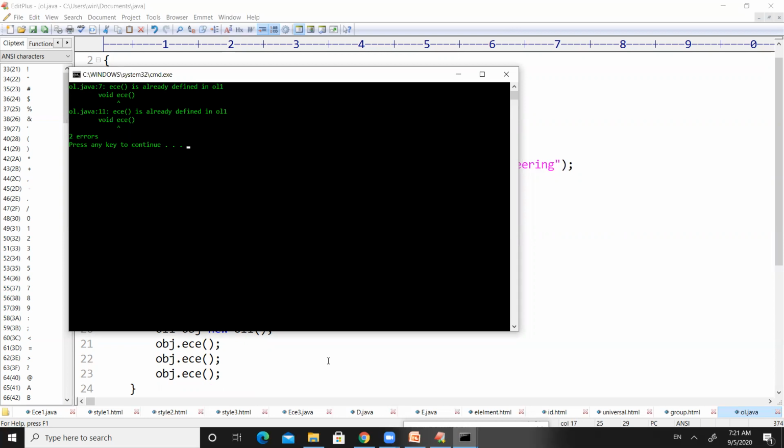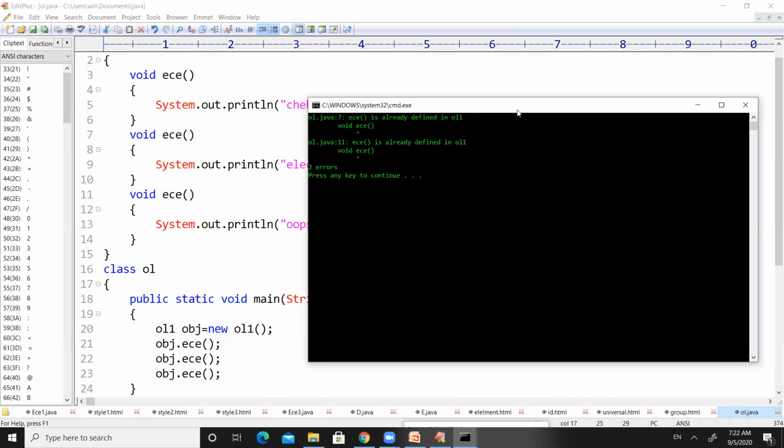At line number 7, we are getting the error that ECE is already defined in OL1. In line number 7, we are trying to define a second method with the same name ECE. At line number 11 also we are getting the same error: ECE is already defined. That means the JVM is unable to execute.